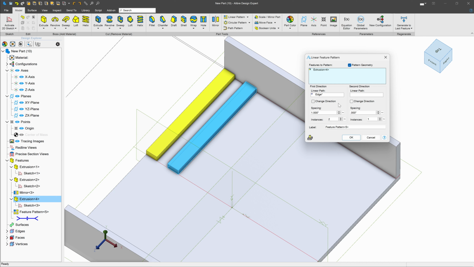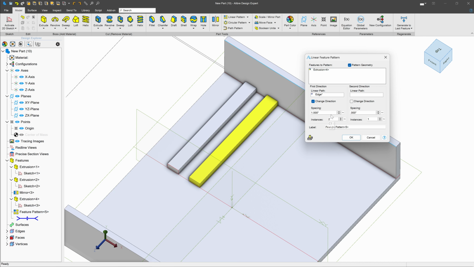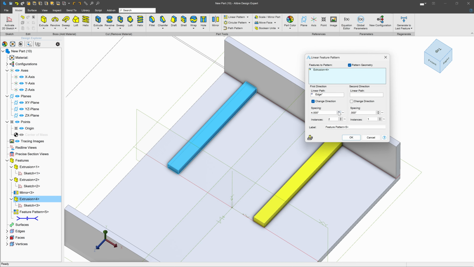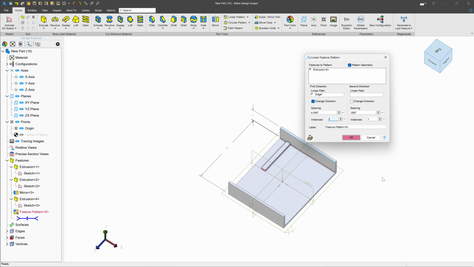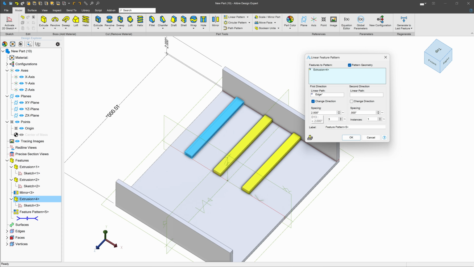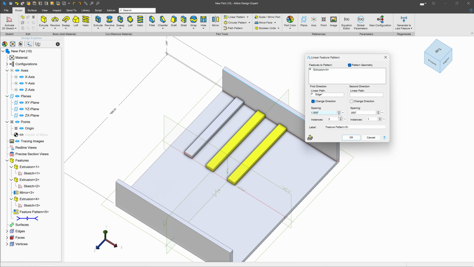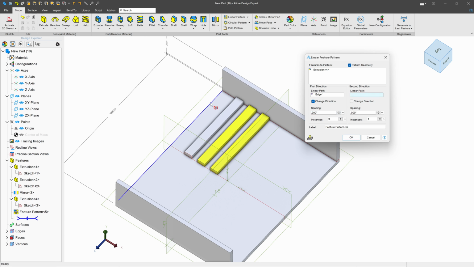I can change my direction if I wish to go in the other direction. Maybe I'll give this a 4-inch pattern. And if I choose another instance, well, my next instance is actually off my part, so I better reduce my spacing down to 2. So there's a way that you can prevent an error. So I can choose whatever spacing I would like and say OK. Likewise, I can pattern this, say, in this direction. And when I move the instances to more than one,